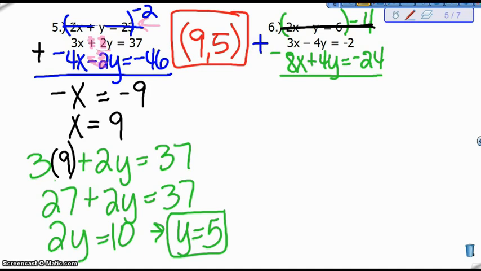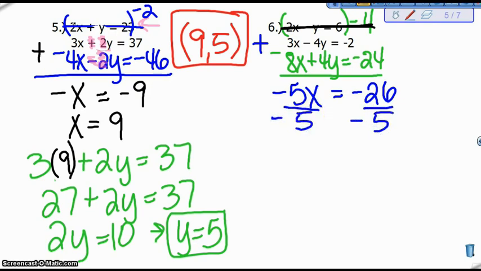Okay, so if I add those together, I know that I get -5x. Those y's drop out because one's negative and one's positive, and that's going to equal -26. Okay? So now I want to divide by -5, and here's where you all need to remember it's okay to get fractions as your answer. When I divide by -5, I get x is equal to, and I'm going to leave it as, 26 over 5. But what you have to pay attention to